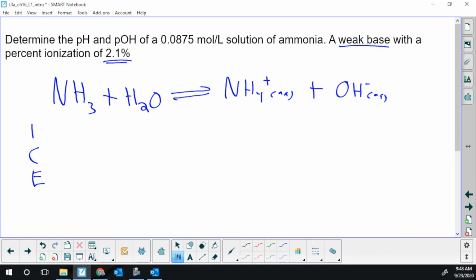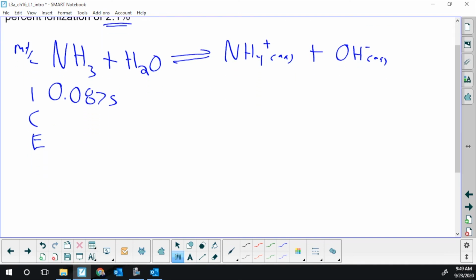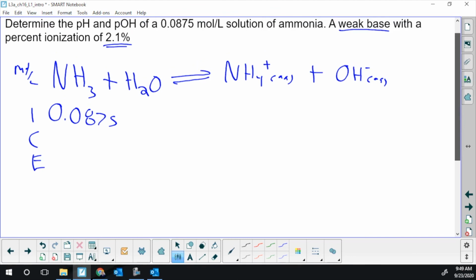So we have 0.0875 moles per liter of ammonia at the end. It's not going to 0. Only a little bit is going to get used up. I'm going to have to figure out what is that little bit of ammonia that does react. Well, of all of the ammonia,